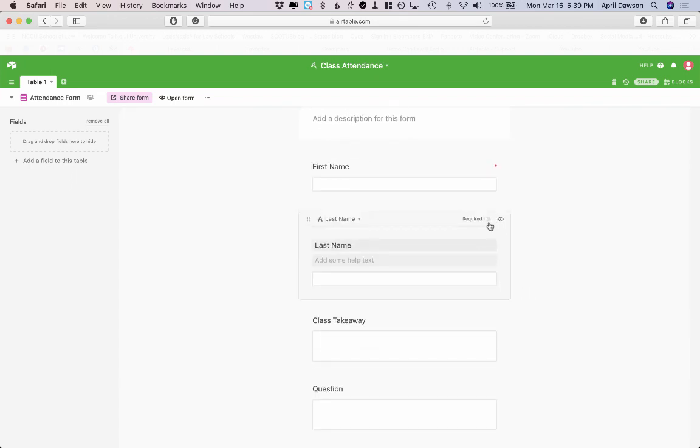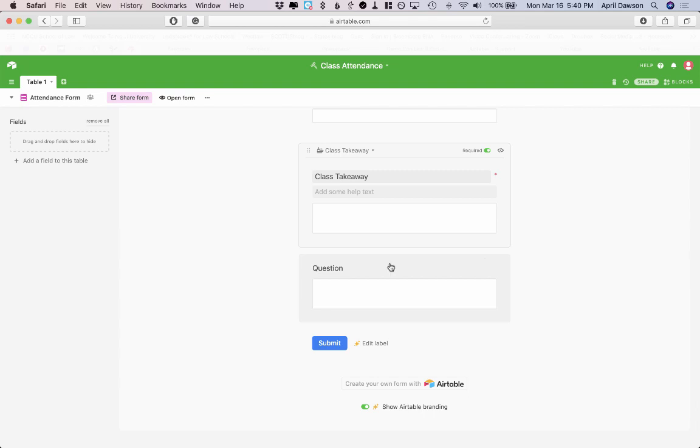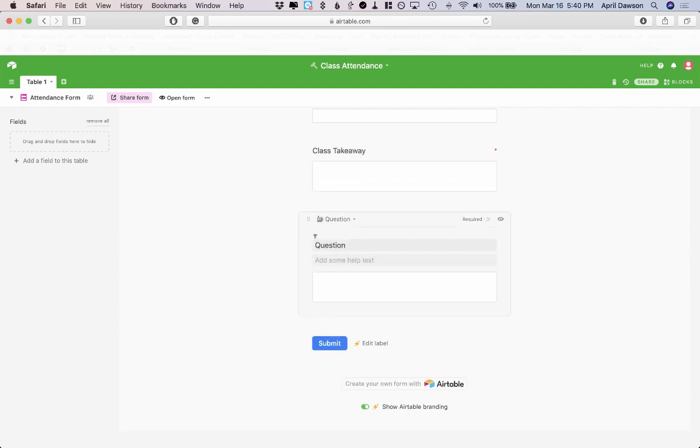Last name, that is required as well. Class takeaway, that is required as well. So for the students to enter their attendance, they have to include a class takeaway. Question, that's not required. And I think what I'm going to do here is, even though the field on the form is just question,